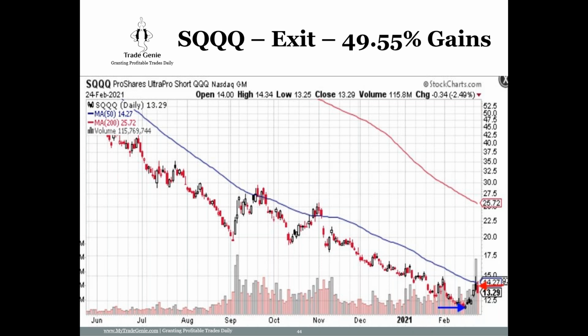Maybe there was news. Maybe Apple was moving. Maybe Baba, Google, Amazon, they were moving. And it seems like the market is going up. So now it's time to close SQQQ. So close the SQQQ trade. I will answer your questions later.